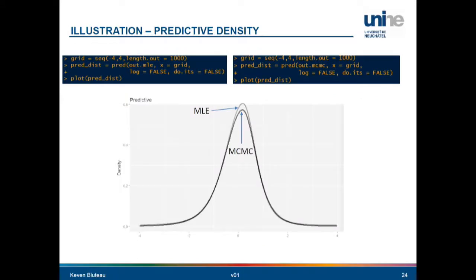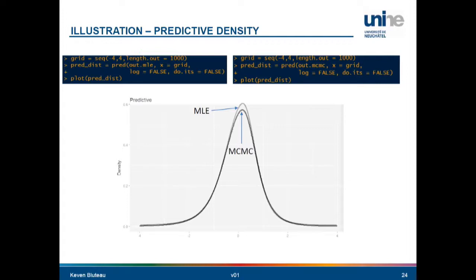This side, an example of the predictive density. We want the predictive density at time t plus 1, t being the last data. So we fit with MCMC and MLE, and we get those distributions on a grid of X, which show that it kind of makes a difference which way you want to fit your data, whether you want to use a maximum likelihood estimation or a Bayesian estimation. So this is nice since you can extract from this all kinds of risk measures and